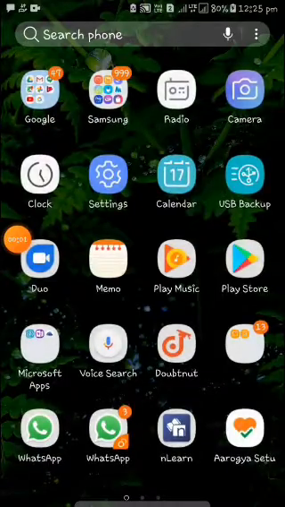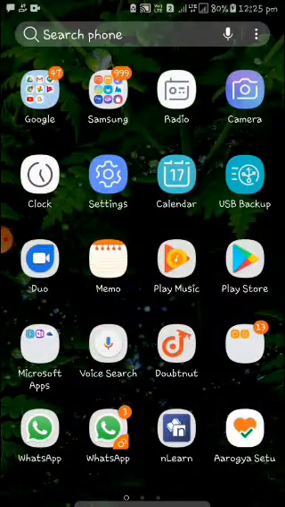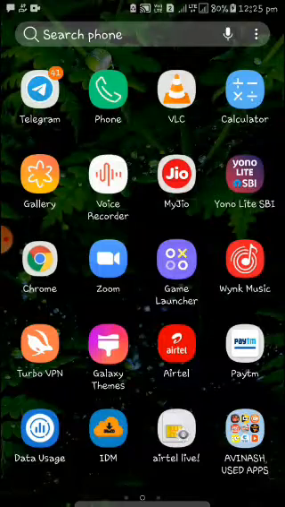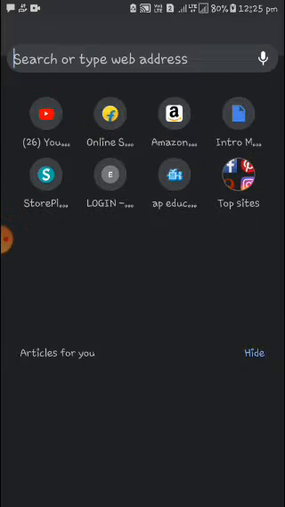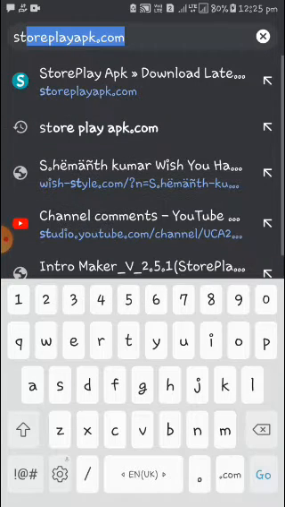So guys, to unlock the premium you need not do much, just go to Chrome. And guys, remember, go to Chrome only, never go to Google, guys. Google is a waste of time. Open Google from the Chrome. In this you can see everything clearly, guys. I have tried in Google, so it's very time wasting.